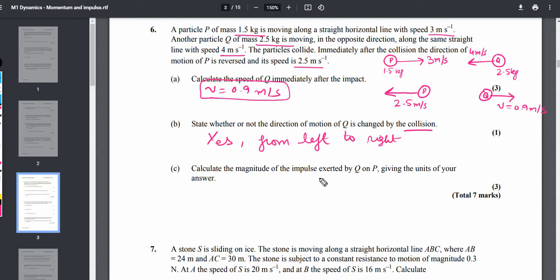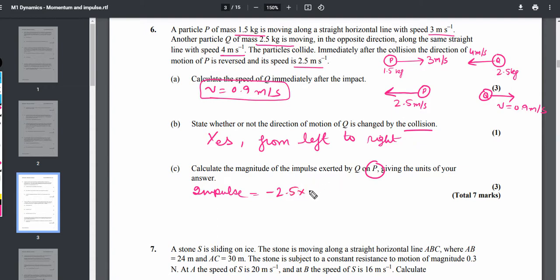Now the next one, it says calculate the magnitude of impulse exerted by Q on P, giving the units of your answer. So on P, we have to find out the change in momentum of P because the impulse has been exerted onto P. So the final momentum of P minus the initial momentum of P. So the impulse will be equal to, the final momentum of P will be